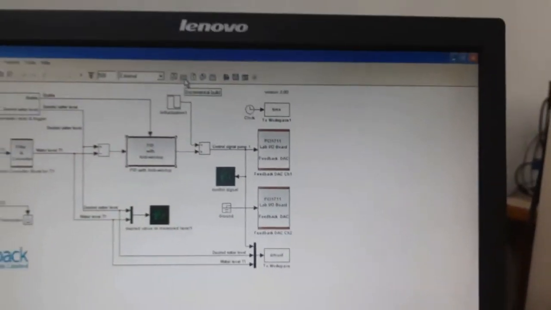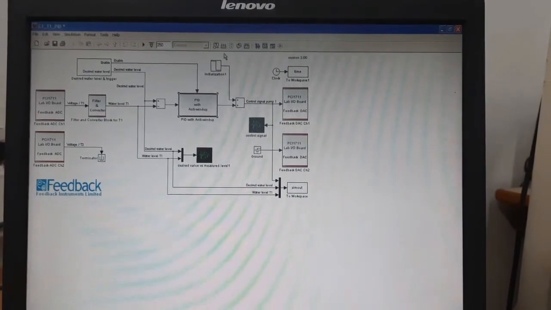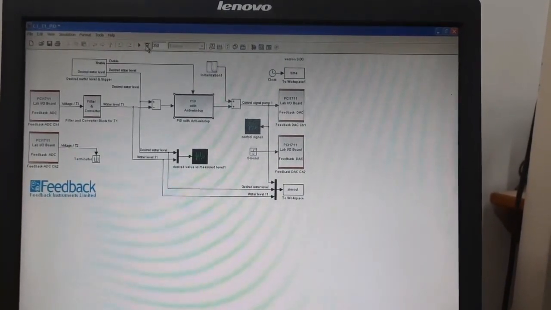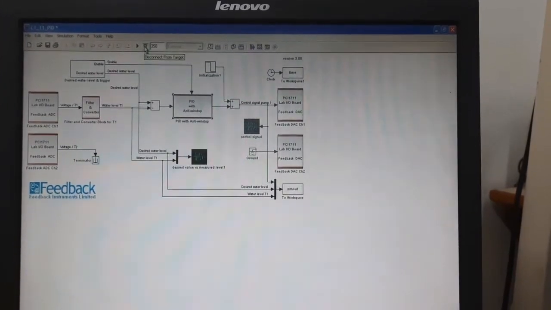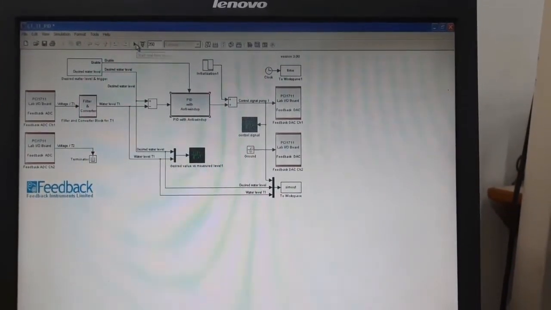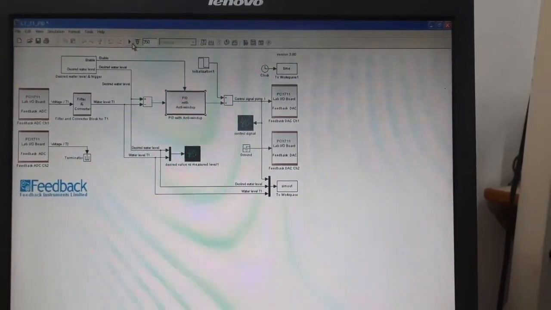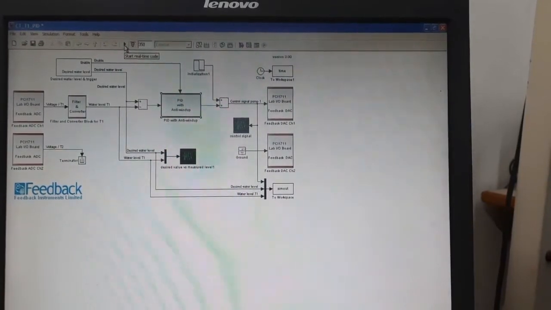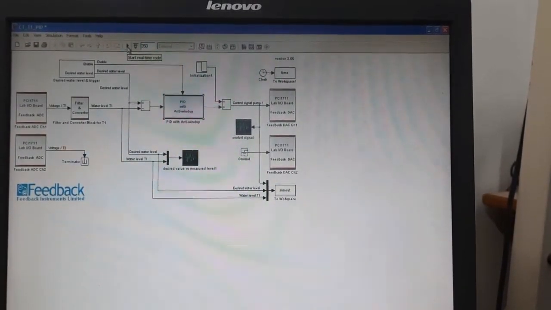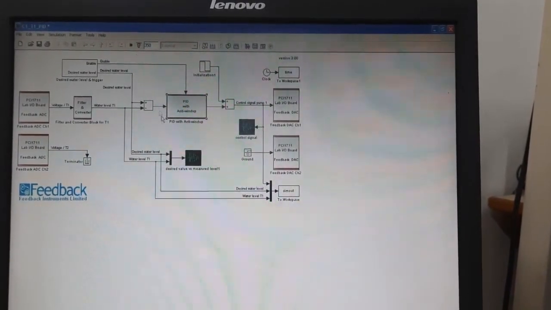Again the same process. Now here we again do the same. First build it, then this button is to target our target system. The data will be transferred to our target system, and this is our run. So we'll click on the run, and the runtime is the same as in the previous identification case, 350 seconds. So we'll run it, and we will see our measurement of the tank level. We will observe that data.